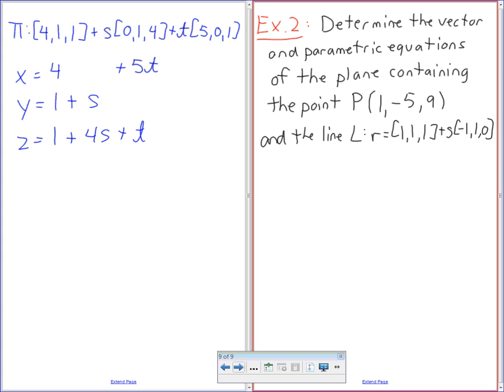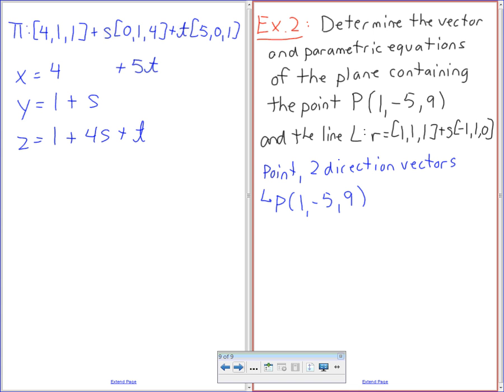Okay, let's try it. Here we go. So let's try this one here too. There's two ways to go. I like what Michael said here, so I'll use Michael's point for this one. What we're going to use is a point and two direction vectors. That's what we're looking for here. Okay, so my point is going to be